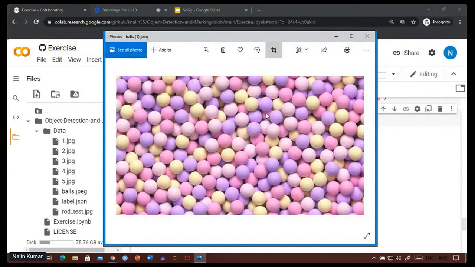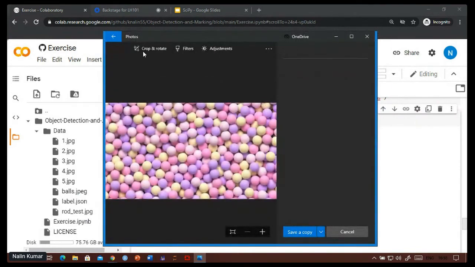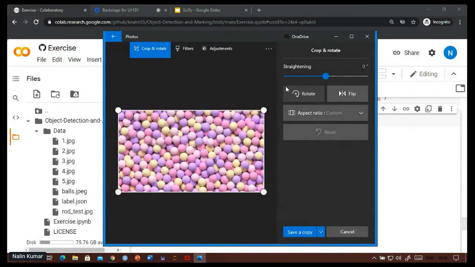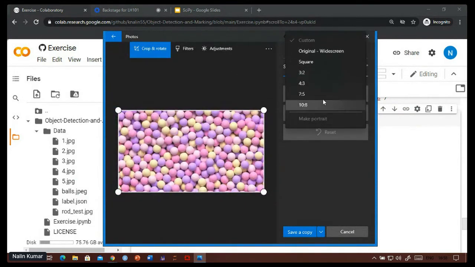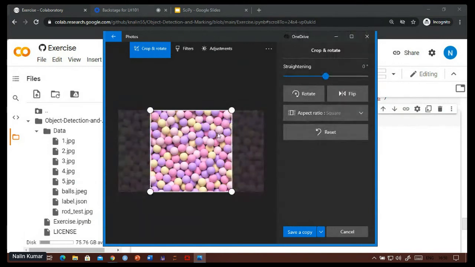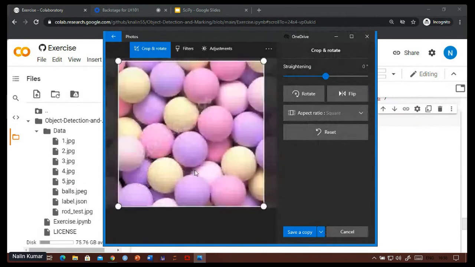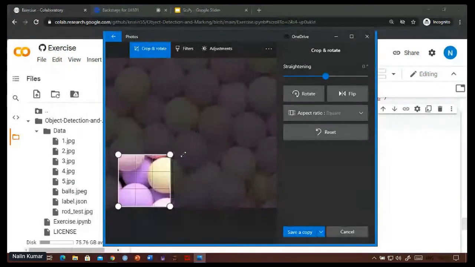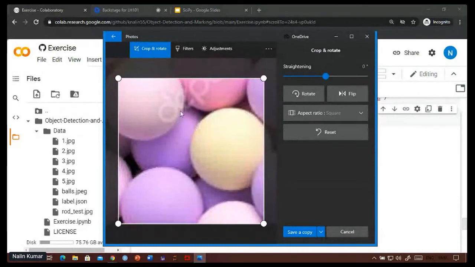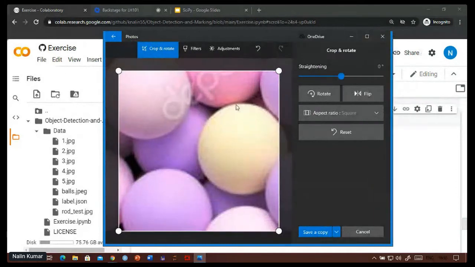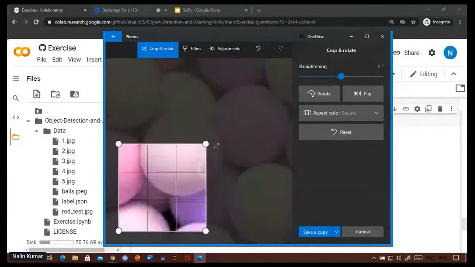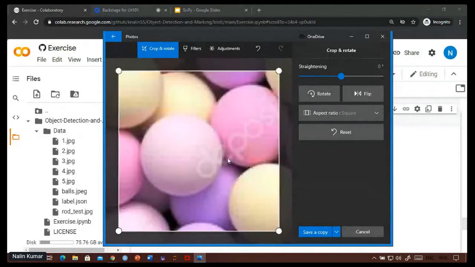To see that, let's just crop it. I guess we'll have to use another app.